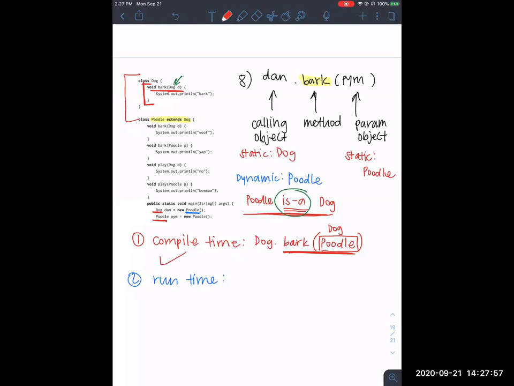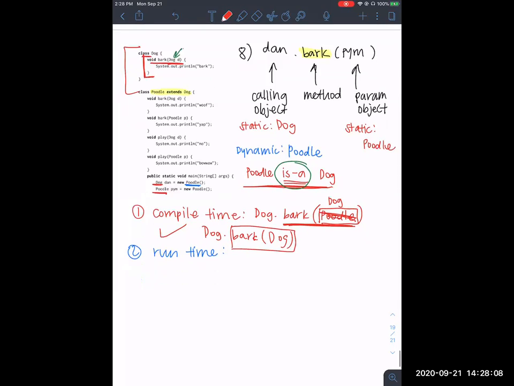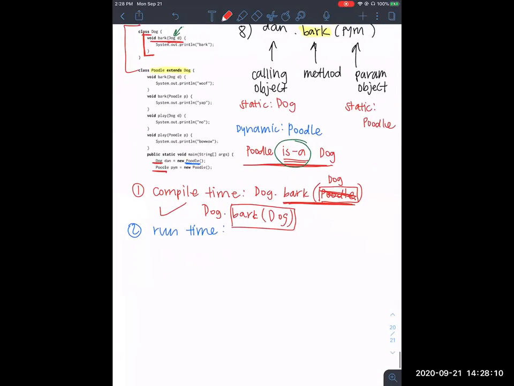And this is gonna work. It's gonna compile, and I'm going to lock in dog.barkDog. So I'm not gonna use poodle here. I'm gonna use this. Cool. And so now when I go to runtime, I'm going to put this down as my default. But I'm also going to check my dynamic type first to see whether I can use that. So I'm going to do